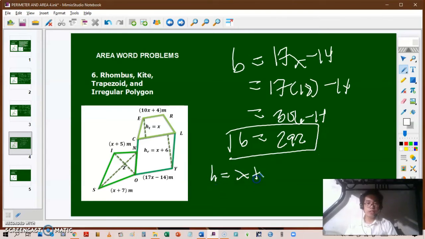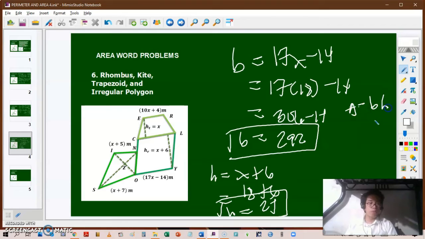And now we want to solve for the value of our height. The value of our height is x plus 6. Again, our x is just simply 18. So 18 plus 6 is simply 24. Now that we have the value of our height and the value of our base, we can solve for the area of the rhombus. So that's going to be 292 times 24. What's 292 times 24? That's 7,008. So the area of the rhombus, the main experimental room for the laboratory that's going to be built there, is 7,008